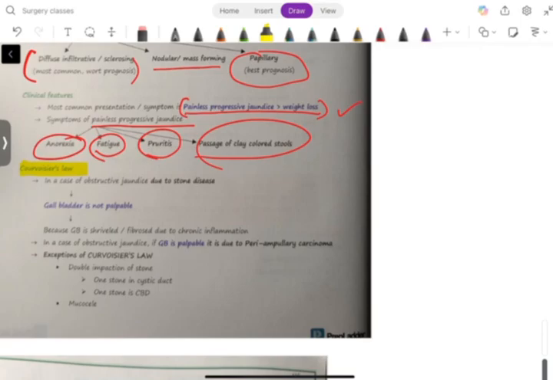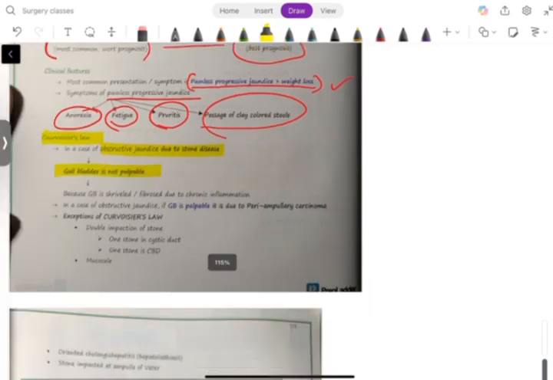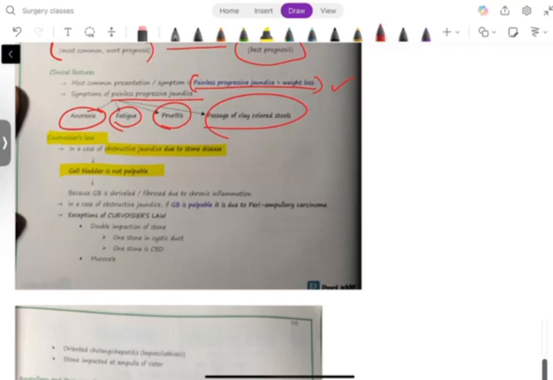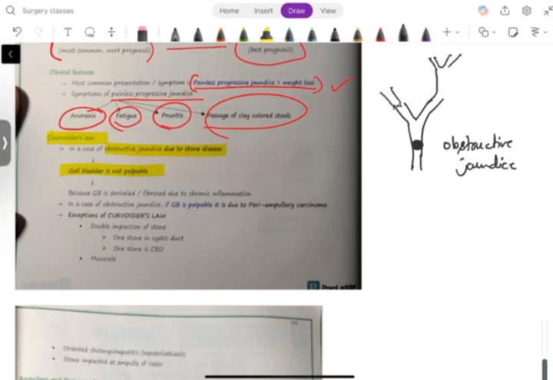What does it suggest? In case of an obstructive jaundice due to stone disease, gallbladder will not be palpable, because if the stone, what does he say, you know? If there is a gallstone which is causing obstructive jaundice, basically, now this will be the cystic duct, let's say, right hepatic duct and left hepatic duct, common hepatic. So with the gallbladder like this, if this stone has obstructed and is now causing obstructive jaundice, by the time it will be